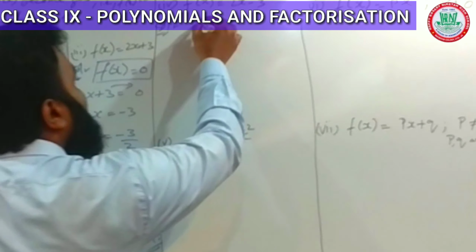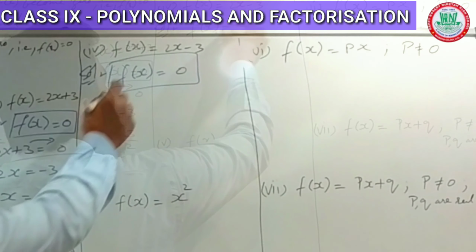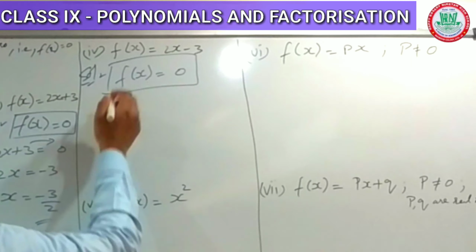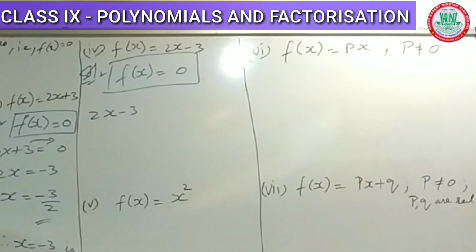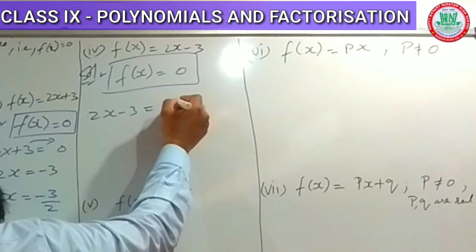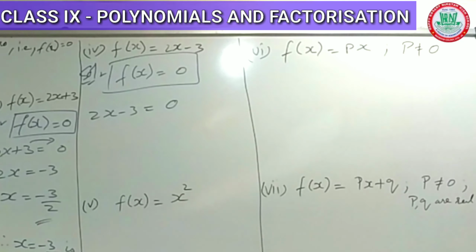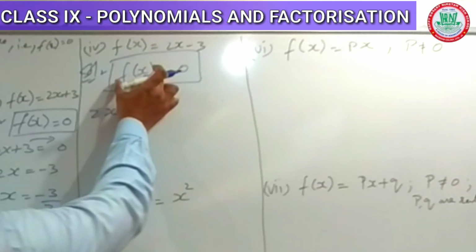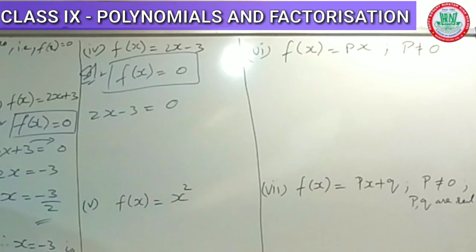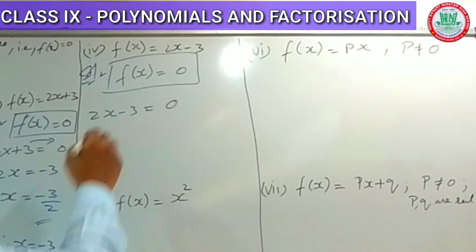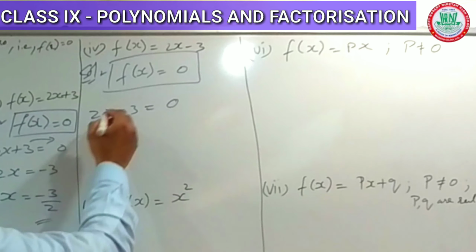Now your fourth question, f of x is equal to 2x minus 3 is given. Same thing, we have to suppose f of x value is 2x minus 3. We have to copy this and paste it here. 2x minus 3 is equal to, as it is, 0 as it is. Any doubt here? Okay, now we need to find the x value here.